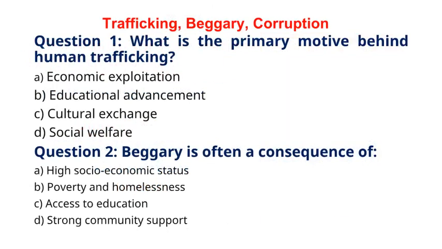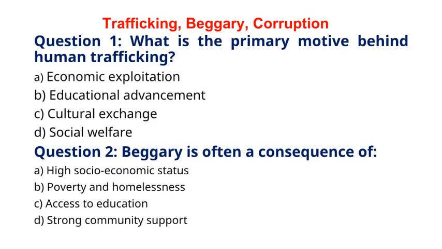Let's attempt to solve important MCQs. Question 1. What is the primary motive behind human trafficking? A. Economic exploitation. B. Educational advancement. C. Cultural exchange. D. Social welfare. The correct answer to question 1 is option A. Economic exploitation. Explanation. Human trafficking primarily occurs due to economic motives where individuals are exploited for forced labor or sexual